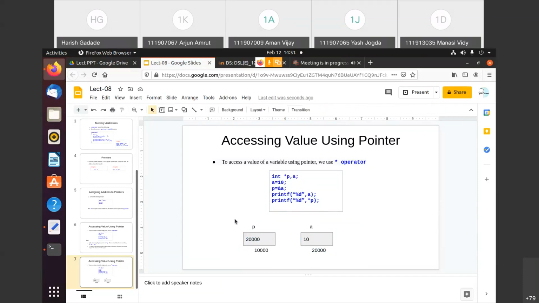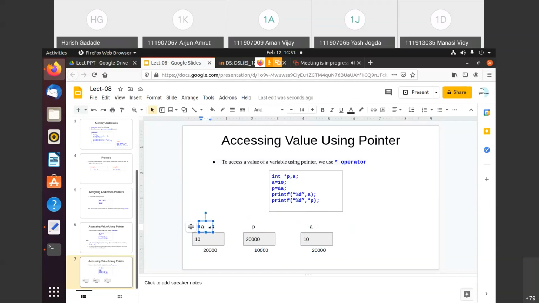One more concept again, I'll just tell you. Like here, suppose P1, I'll just take this, and here the address would be, suppose, this is 5, right?